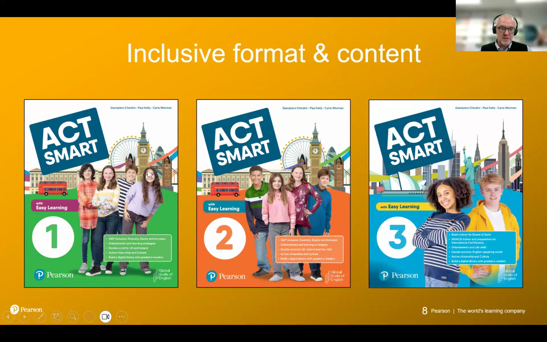In terms of the videos and the storylines, in level 1 we have a girl who has just arrived from Syria. So we are dealing maybe also with inclusion in terms of the equivalent of NAI, I nuovi arrivati in Italia, or I nuovi arrivati in UK in this case. And in level 2, one of the characters you can see here has a physical disability. There's a girl who only has one hand. So even working on integrating aspects of that sort of social inclusion is really important with the topics that we deal with in Act Smart.